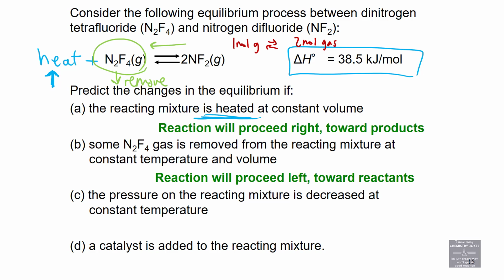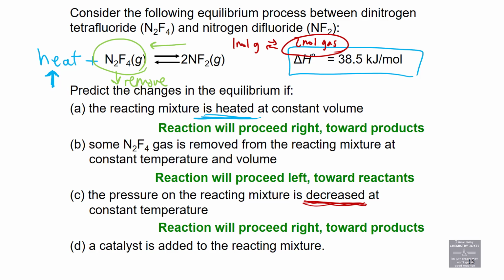So if my pressure is decreased, that means the system will respond by trying to increase the pressure. So the reaction will shift right toward products because there are 2 moles of gas present in products. When the external pressure decreases, the reaction responds by trying to increase internal pressure, meaning it creates more moles of